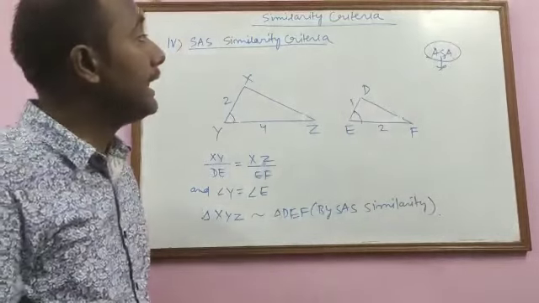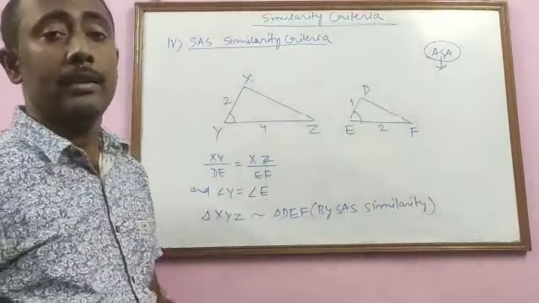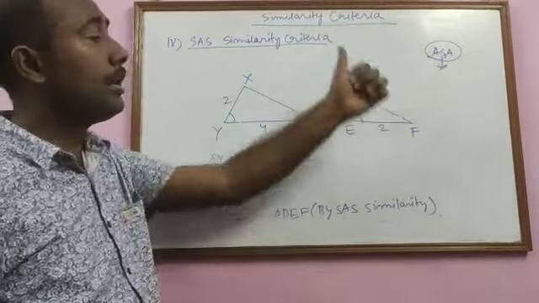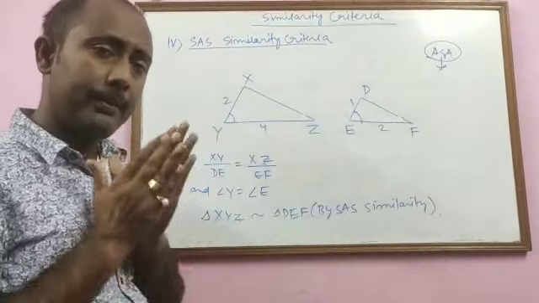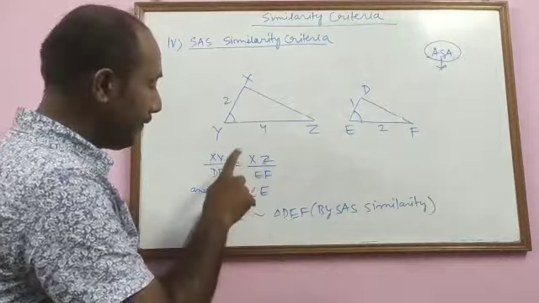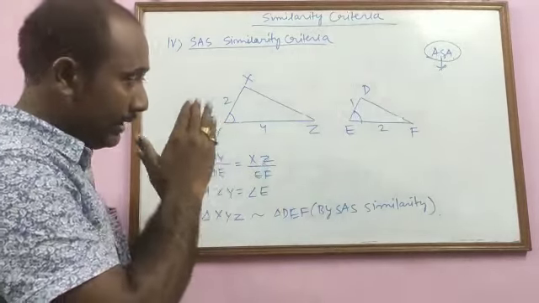So students, once again I repeat that while going through the questions of similar triangles, when we are proving the two triangles similar by the use of similarity criteria, we have to be very careful with the name of the two triangles, and while we are writing the name of the sides or the angles, that has to be matched with